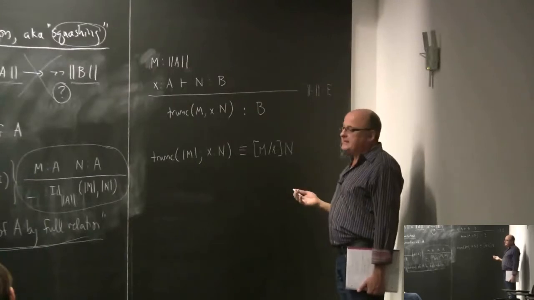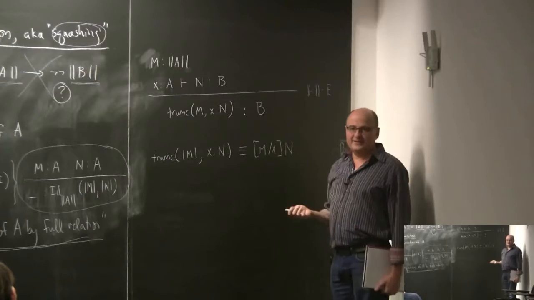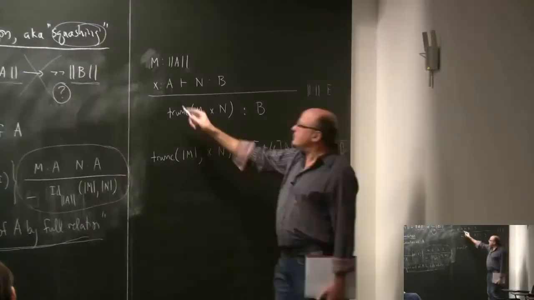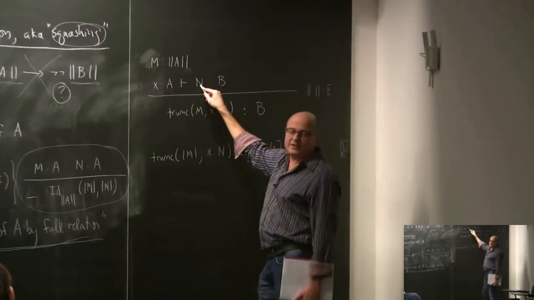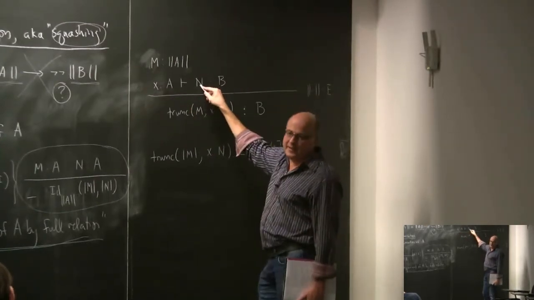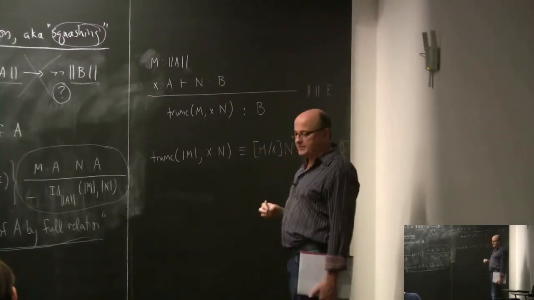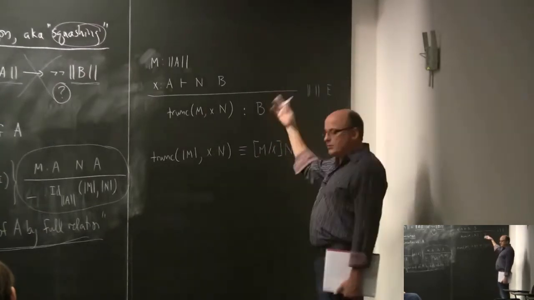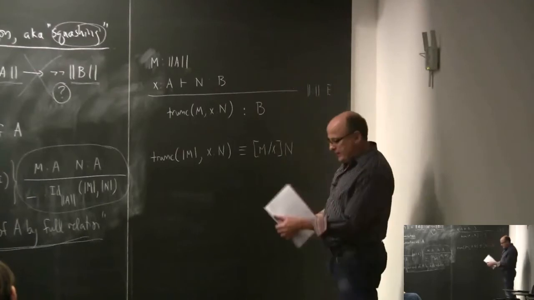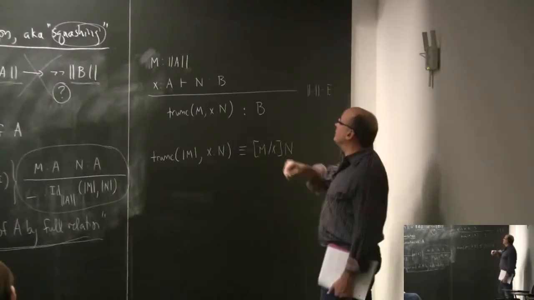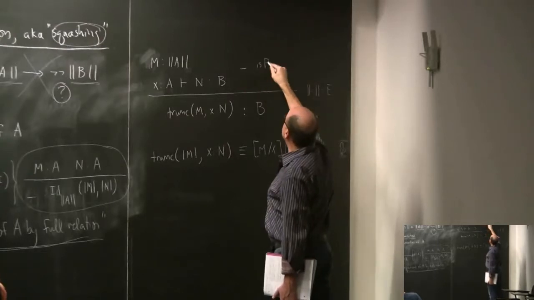So in NuPRL, we did this in the obvious way, which is we demand that if you give me any two elements here, we demand that the results be equal. And it worked very generally for that reason. We never had any problems, and there's a good semantics for it in that setting. What we do here, and the way it's done in Prop, is there's an additional requirement that goes on here, which says that this is all fine,